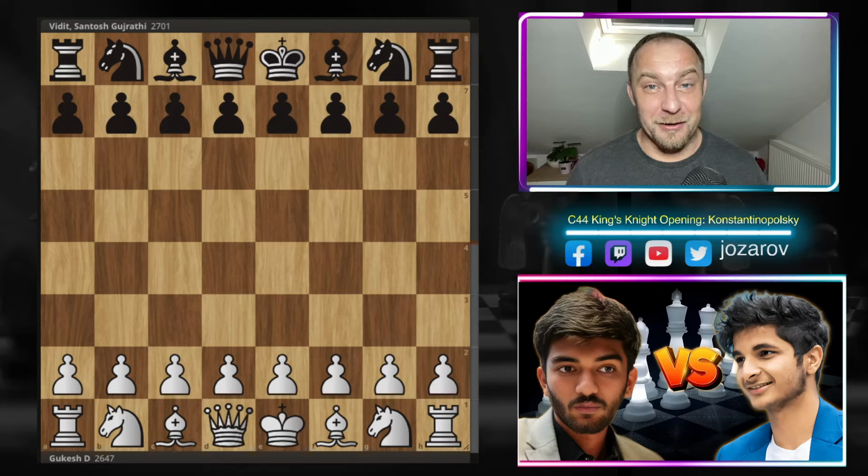We have here the Indian derby between Gukesh against Vidit Santosh Gujrathi, with really a spectacular trap in one particular moment. It's actually a trap in the early stage of the game. It's really crazy to see sometimes top GMs, the strongest players in the world, getting trapped in the early stage of the game. Really a crazy game in my opinion, really one of the best chess games so far played